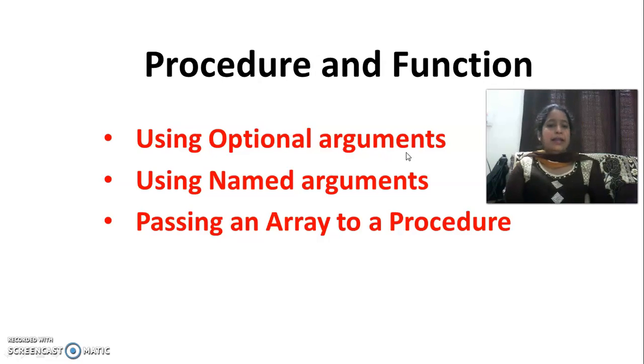Optional arguments take the default value 0 for numerical arguments, empty value for string type of arguments, and false value for boolean type of arguments. Now we will clarify it by taking an example in Visual Basic software.